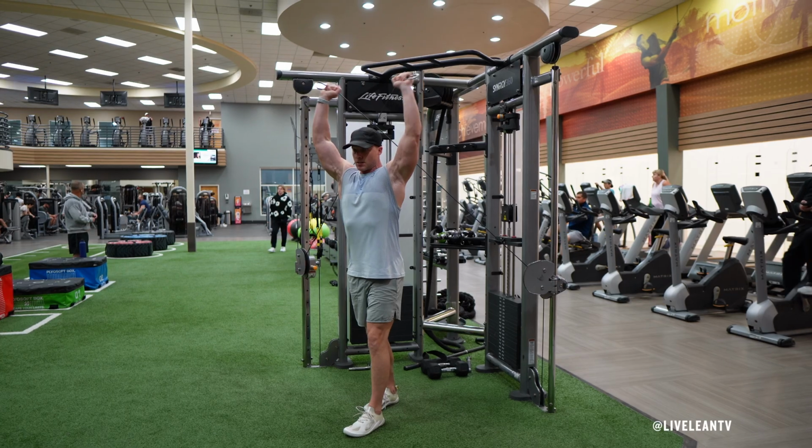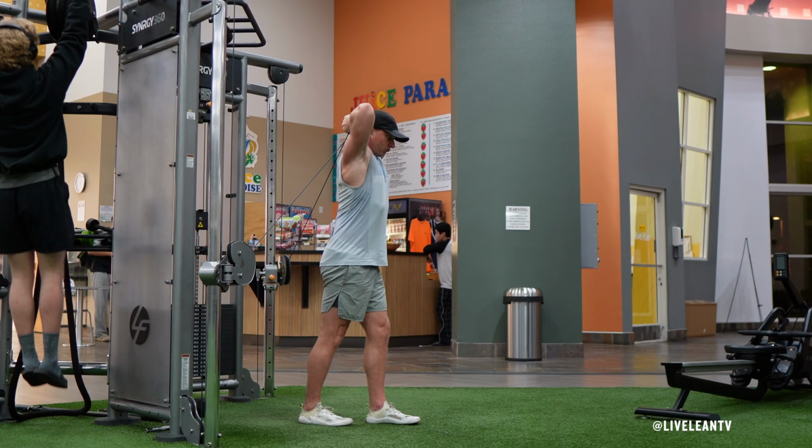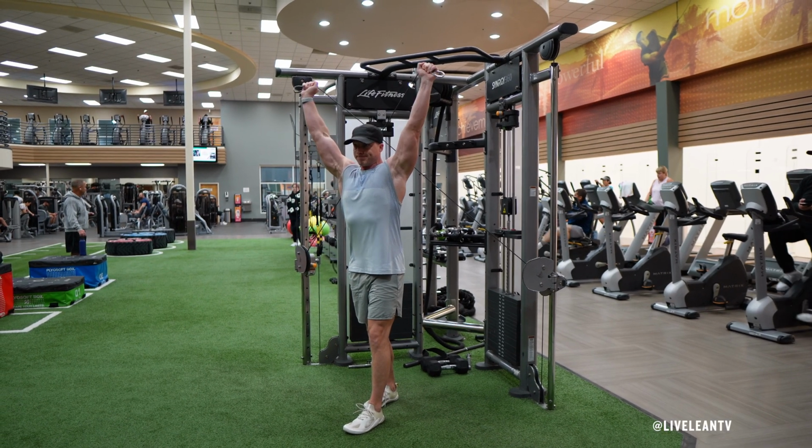Focus on contracting your triceps as you straighten your arms. Hold for a brief moment at the top to squeeze your triceps. Under control, slowly bend your elbows to bring the handles back side by side behind your head as you feel a good stretch in the